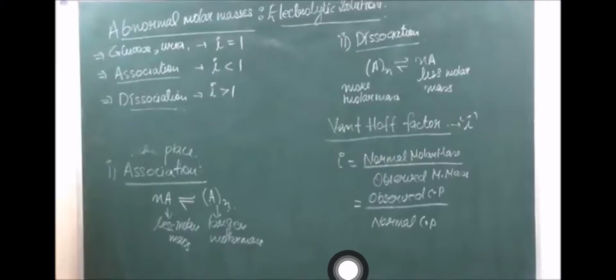In colligative properties we have seen different things, that is, which are the colligative properties: relative lowering of vapor pressure, etc. Right. So by that colligative property we know that we can calculate the molar masses, but this colligative property definitely has some points which are to be taken care of.